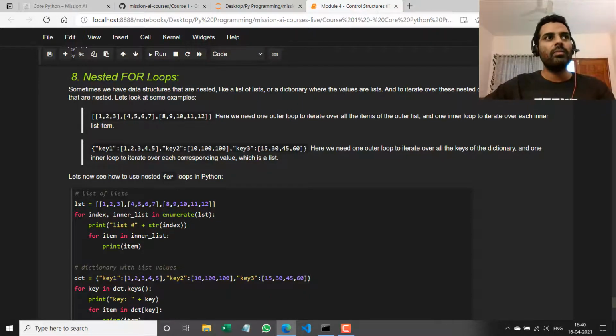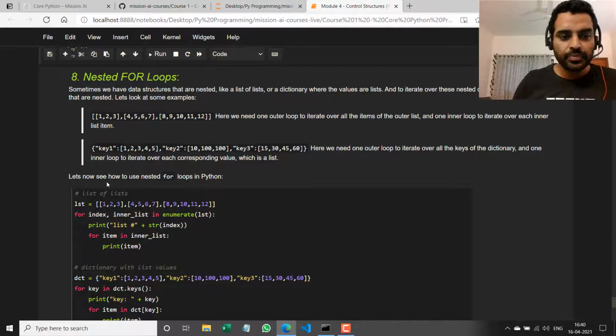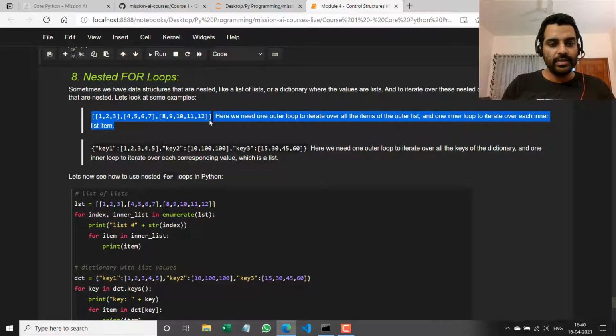There are cases where you have a list of lists. You can have a dictionary with the key values as either strings or integers, but let's say all the values corresponding to those keys are lists, right? Then you would need one outer for loop to iterate over the keys of the dictionary. And when you retrieve the value corresponding to that key, you would need a second inner for loop to iterate over that list, right? For example, if I had this list here,